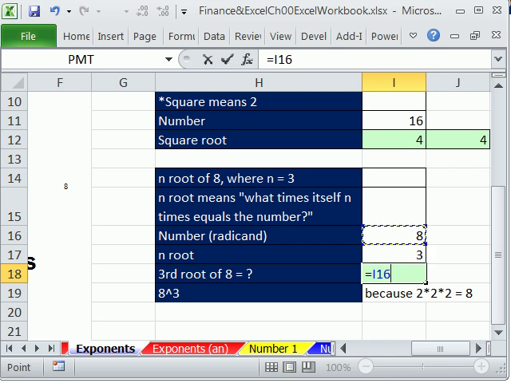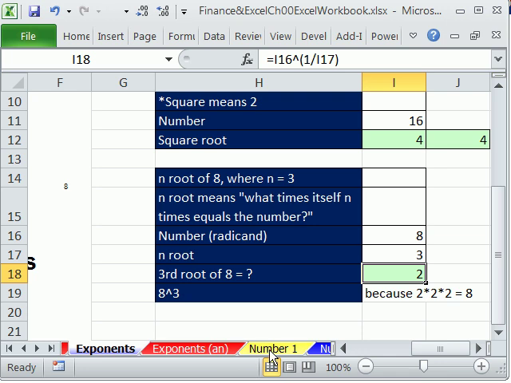Okay, the base is 8, caret, and then in parentheses 1 divided by, and I'm going to click on this 3. All right, and that should tell us 2. And the reason why is because 2 times 2 times 2 equals 8. All right, exponents. One last topic in this